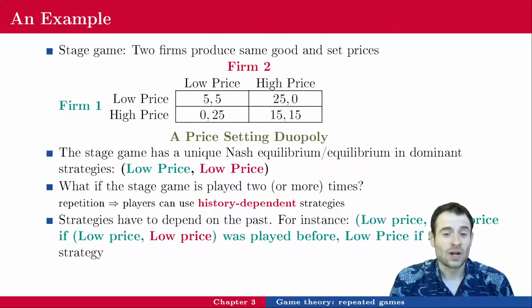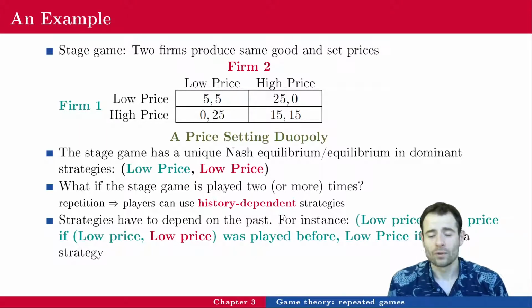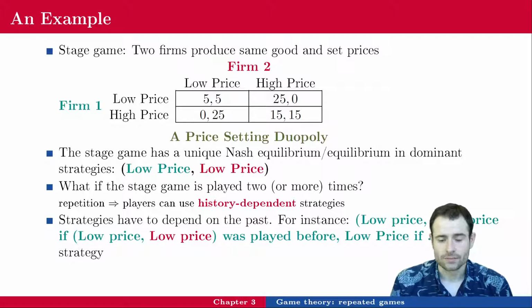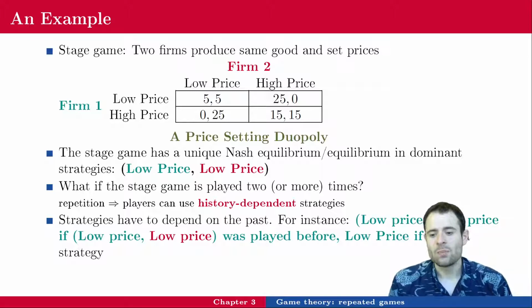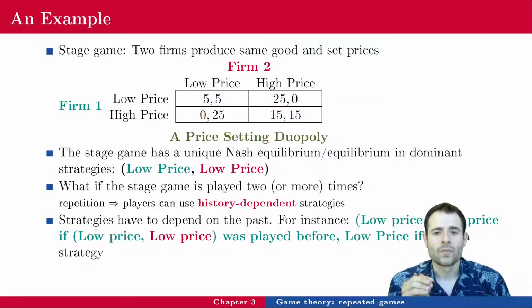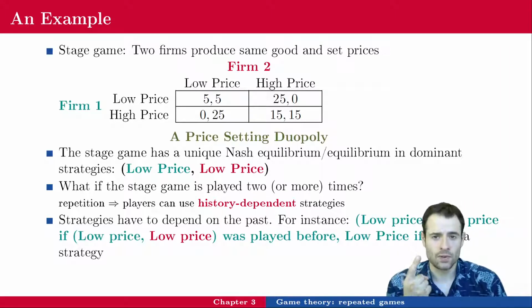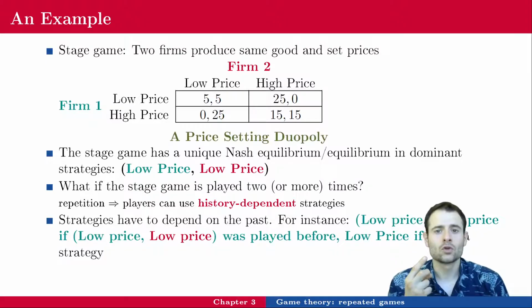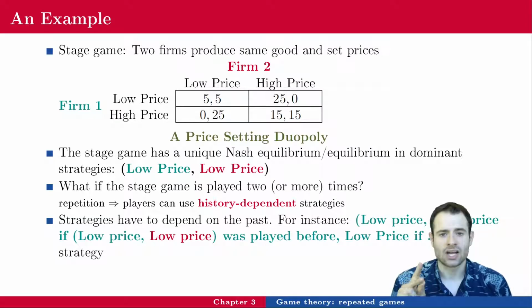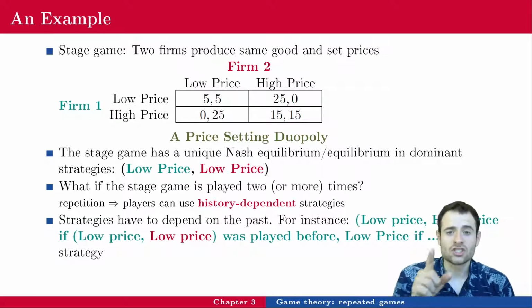Now, strategies again have to depend on the past. So, one more time, they are going to be tedious to write down. Imagine firm 1, for instance. Well, if they play the game twice, then firm 1 has to choose what to do in the first period, and then what to do in the second period. But in the second period, firm 1 has to base its actions on what was done the day